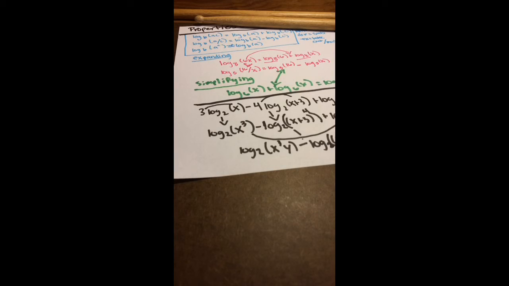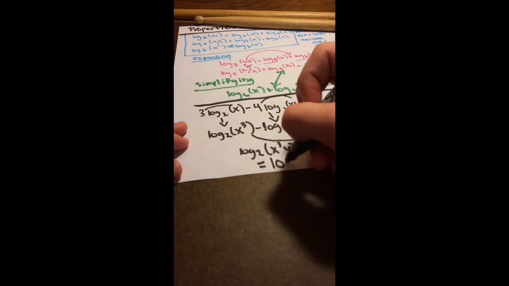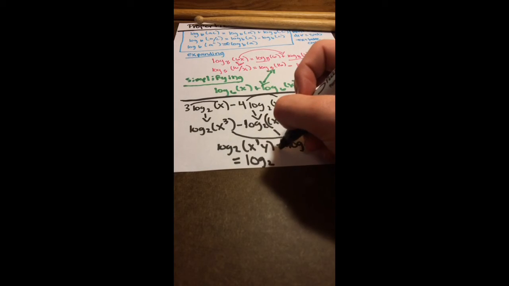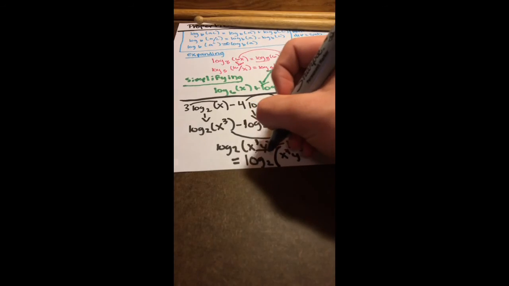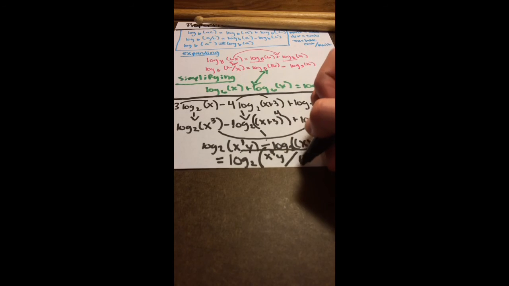Now we're going to finish this off. Our overlying is log base 2, right? So we've got our log base 2. Then we're going to add one big parentheses here and say x to the 3 times y. Okay? x to the 3y. And we're going to divide that and say over what? Our x plus 3